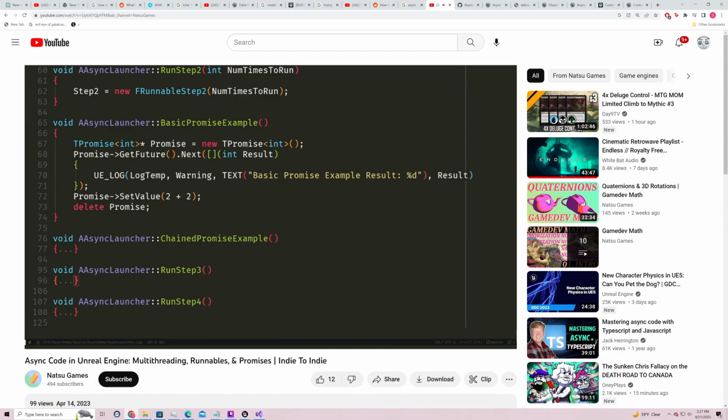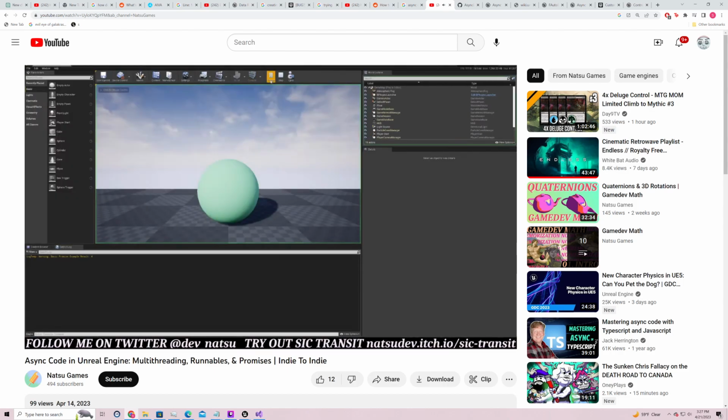Well, just like with my runnable examples, I've set up examples to show you. Here's a basic version. As you can see, we get the future that the promise promises. Then we can add a function that will run immediately after the promise resolves to a value. This function is called a continuation. And when I hook up and run this basic example, 4 is printed just as expected. Important to note with promises is that if you set the value more than once, you'll get a game crashing bug, which is really bad for the frame rate.